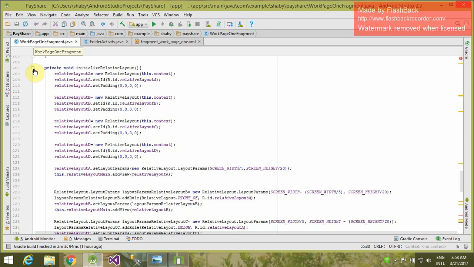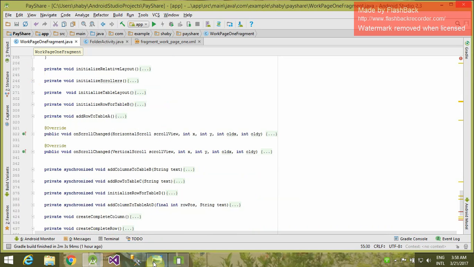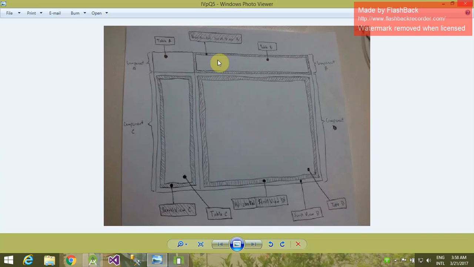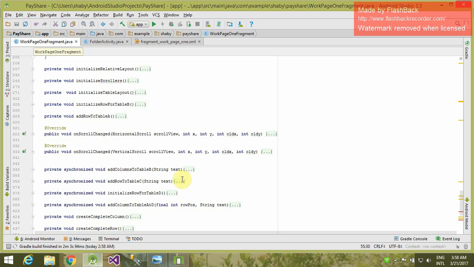So let us move on to our second part. What is our second part? Initialization of the horizontal scroll view in component B, a scroll view in component C, and a horizontal scroll view and a scroll view in component D. Let us see how this initialization is done.